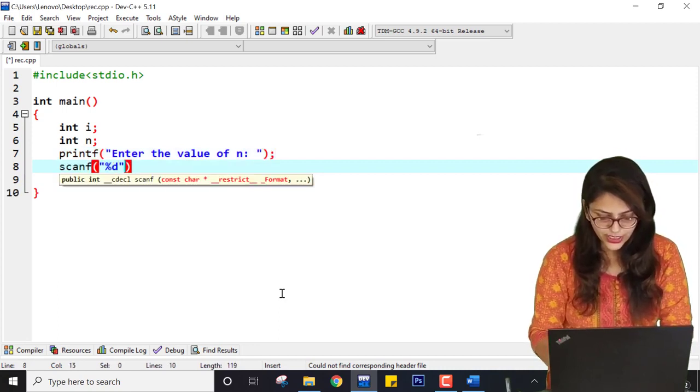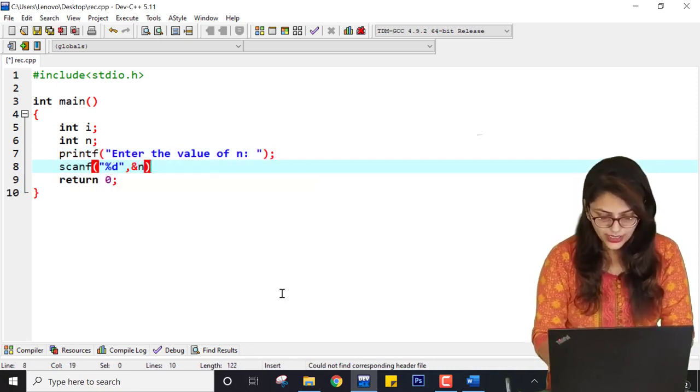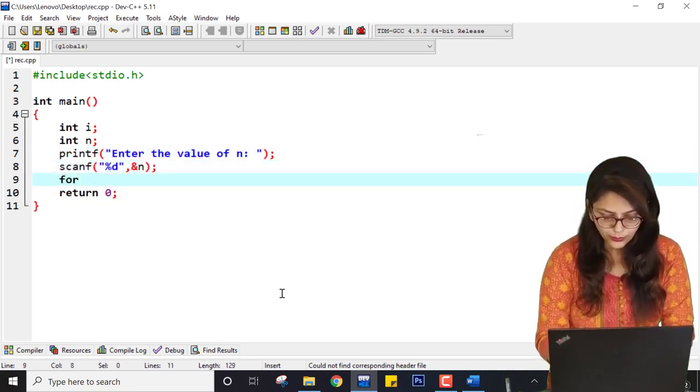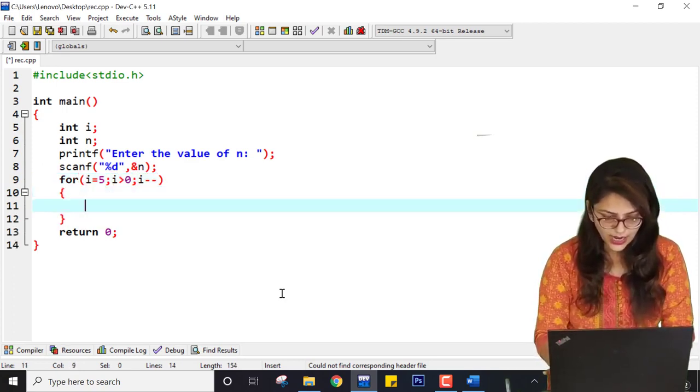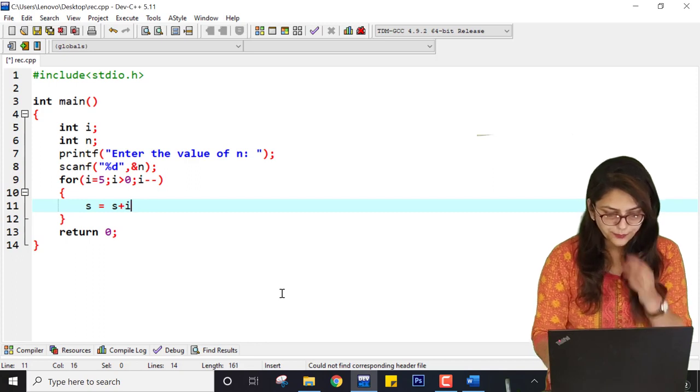So %d here, and I am using a loop: for i equal to 5, i is greater than 0, i minus minus, and inside this I am doing s equal to s plus i, right?